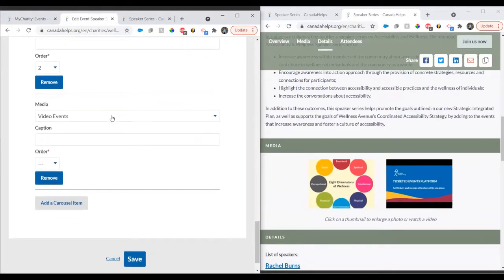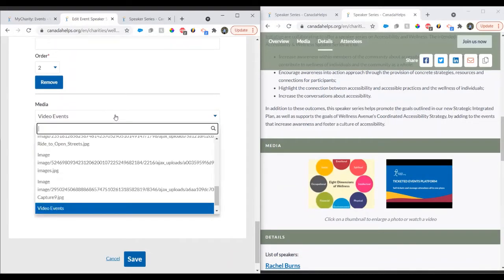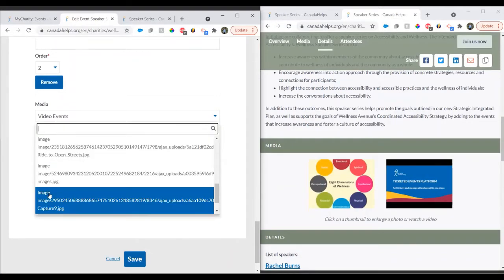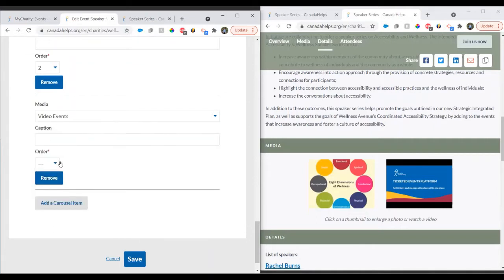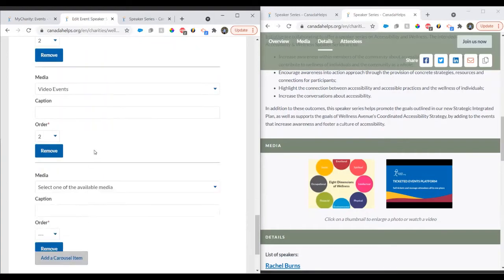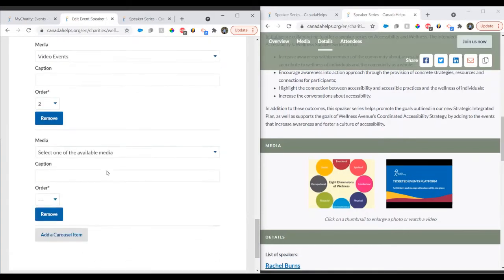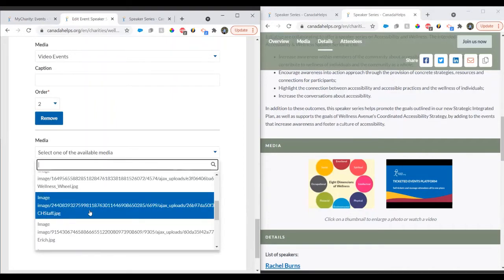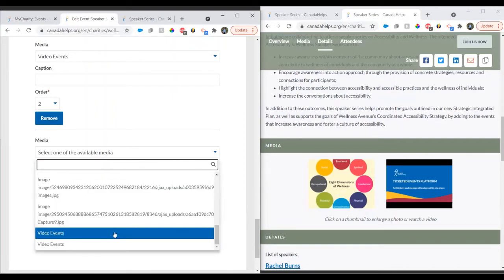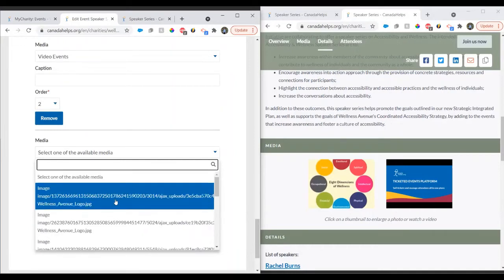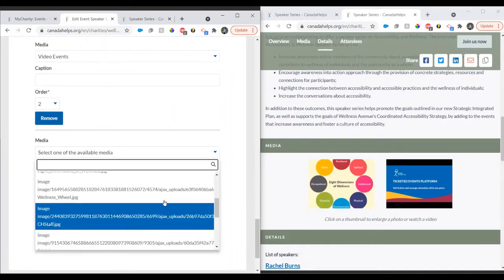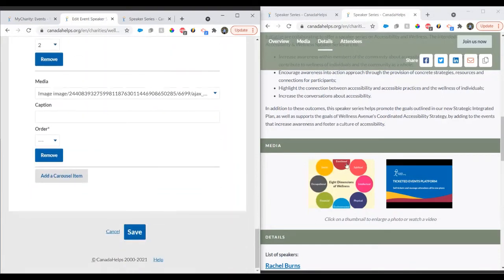Same for the videos. You can add the YouTube videos that you've uploaded. This is called video events. It's that URL that I added. And then you can add more carousel items as well. So add more carousel items to customize your page even further and share additional media about your event with your attendees. We're going to save that again